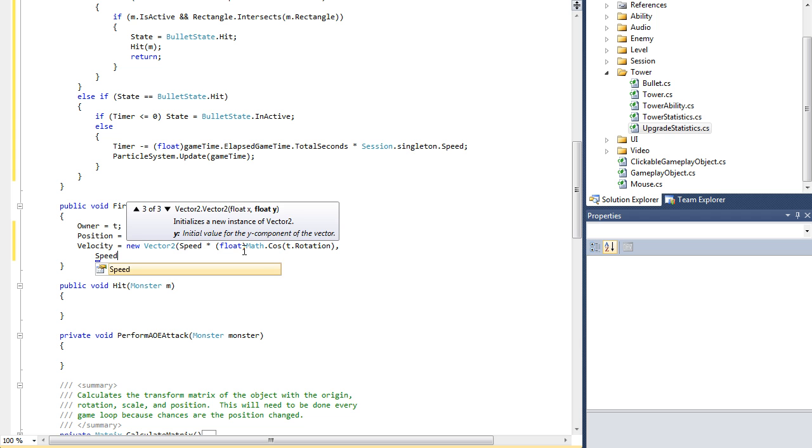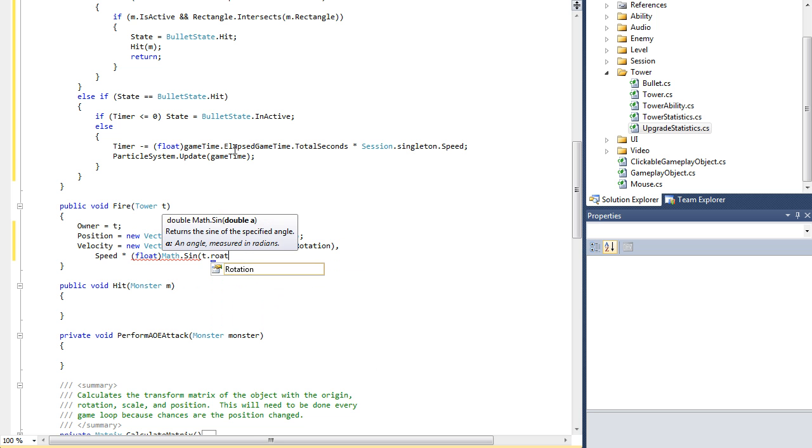Now we do the same thing, speed times cast as float Math, but right now we're going to use Sin(T.Rotation);